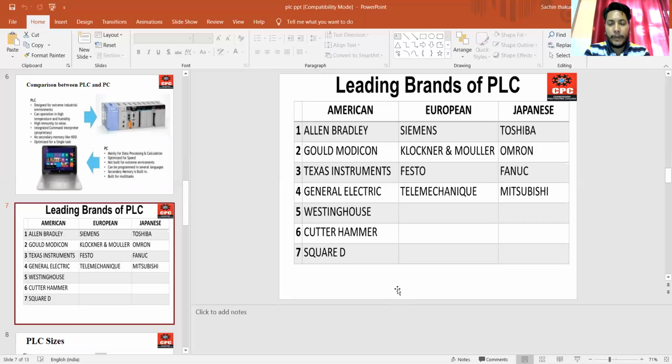These are your European brands. Next is Japanese, for example Toshiba, Omron, Fanuc, Mitsubishi. These are your Japanese brands. Mostly the brand used is Allen Bradley. This is the leading brand of PLC.